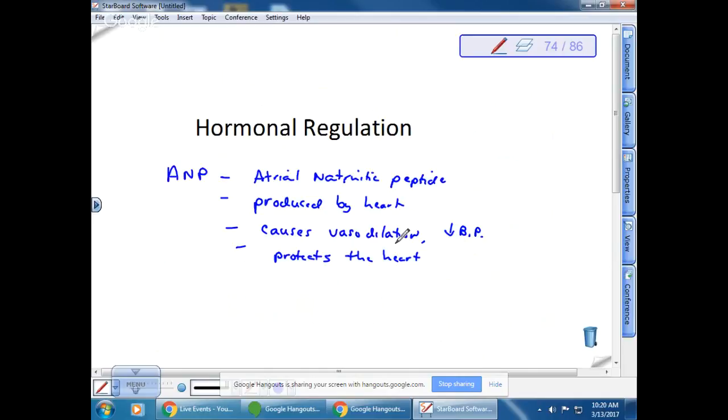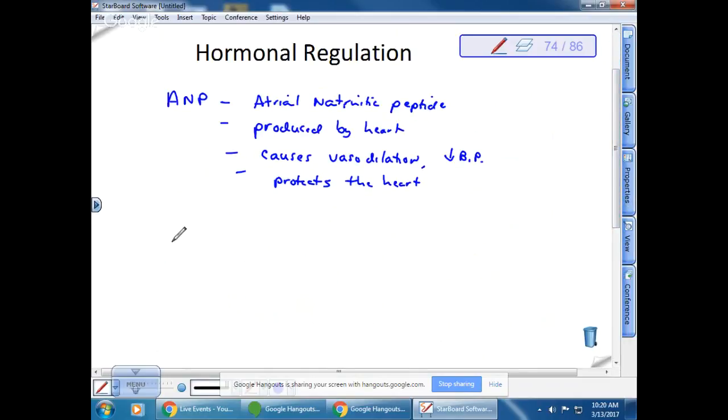Okay, so that's one. We also have the ones that are involved in the sympathetic nervous system. So we have norepinephrine and epinephrine. And these are sometimes referred to as adrenaline. And what organ produces these? What organ produces epinephrine and norepinephrine? So it's called adrenaline. Why is it called adrenaline? Adrenal glands, right? So this is produced by the adrenal glands,